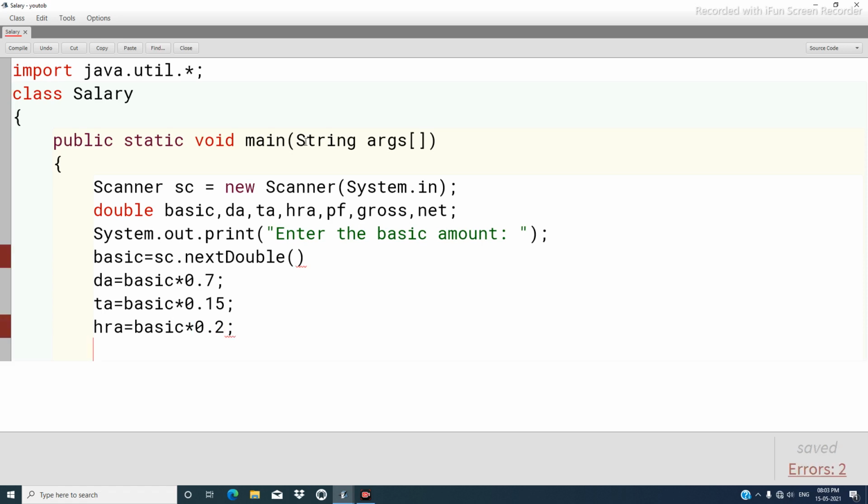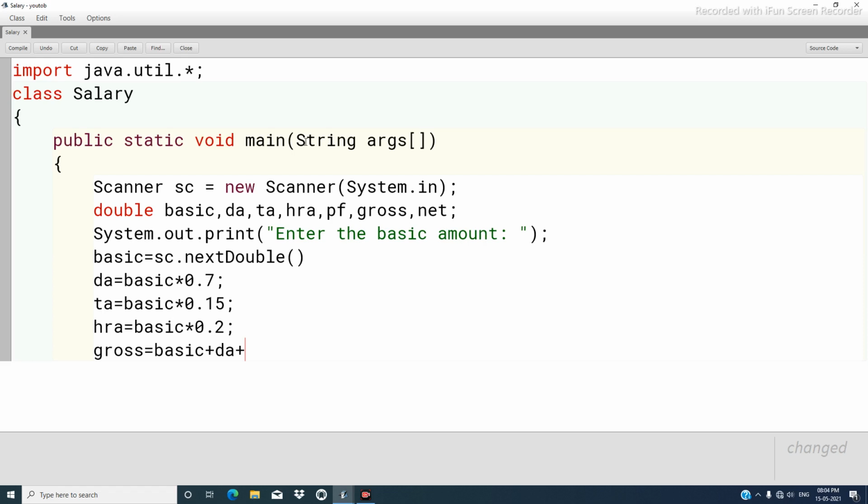Okay. Now these will be added with the basic, which will consist of the gross. So we write gross is equal to basic plus DA, that is dearness allowance, that is an allowance given by the government on the basic for the things that becomes dearer or costlier. So that is adjustable from time to time, and the government or the organization, private or public, whatever, will announce certain increase on the DA, and that will adjust the inflation of the market.